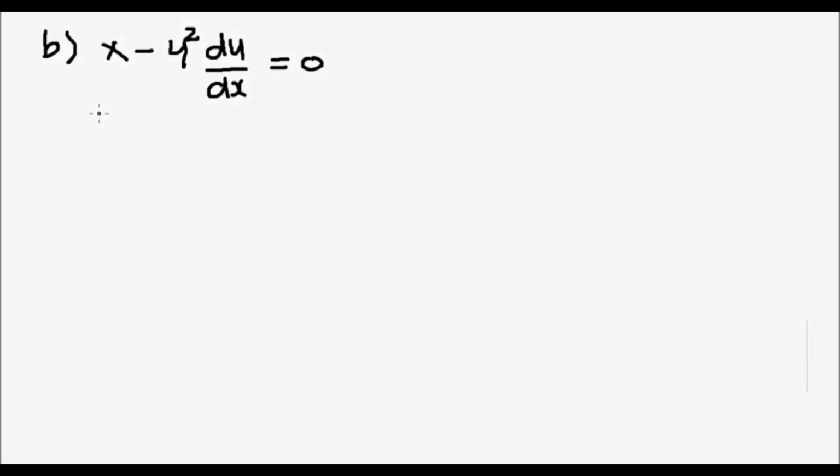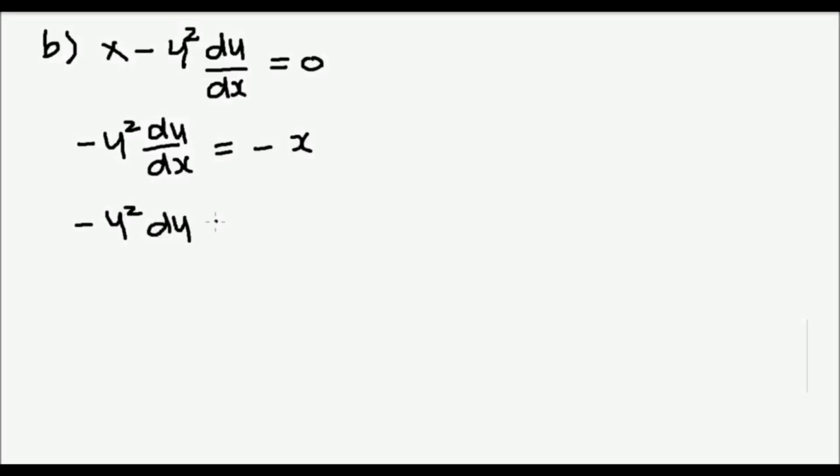Alright, now we can identify if this is first order. As you can see, this is dy over dx, which is first order. So we can go ahead and separate the independent and dependent variable. We first start off with the x, which will move to the right hand side, which will give us the new equation y squared dy over dx equals negative x. We can now shift the dx to the right hand side as well, which will give us the new equation